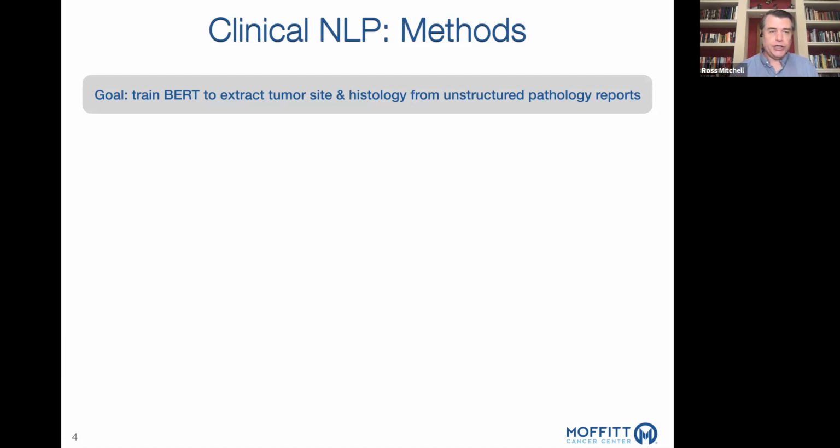The goal of the project, very broadly, is to see if we can get BERT to extract tumor site and histology from pathology reports. Why site and histology? Because they are critical for so many downstream tasks. When somebody's looking for a clinical trial, they'll want to find patients that have a particular type of histology afflicting a particular organ. And that's how the first step in finding patients who are eligible for a certain study protocol